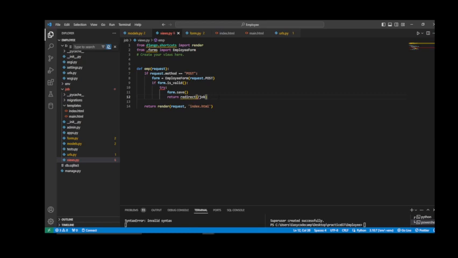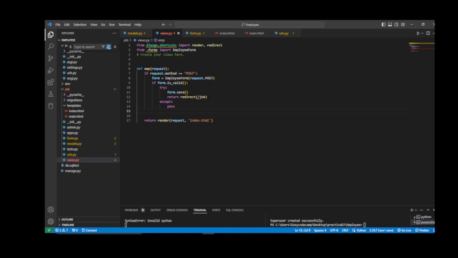So can redirect to this jobs page. So from render, can import this redirect. So except as this one,